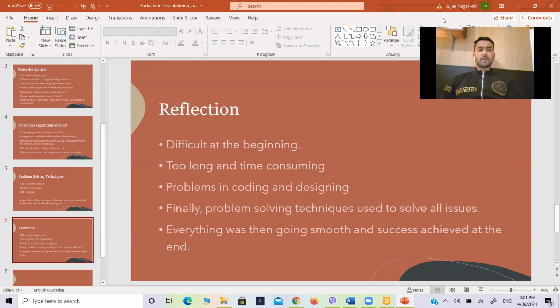I used different problem solving techniques to overcome all these issues. Some of the techniques which I used most, as I already mentioned, are the trial and error method, the UML method, algorithm, and flowchart to some extent. Because of all these problem solving ideas, I finally resolved all the problems, and finally completed my game, and the whole